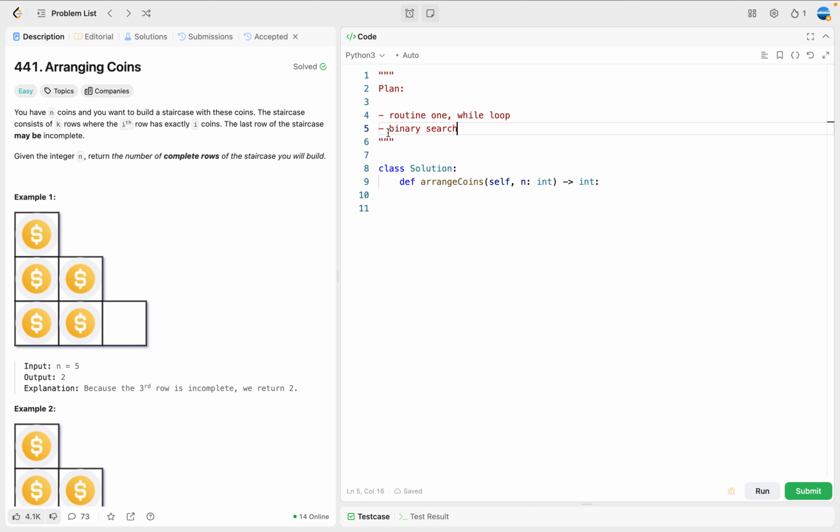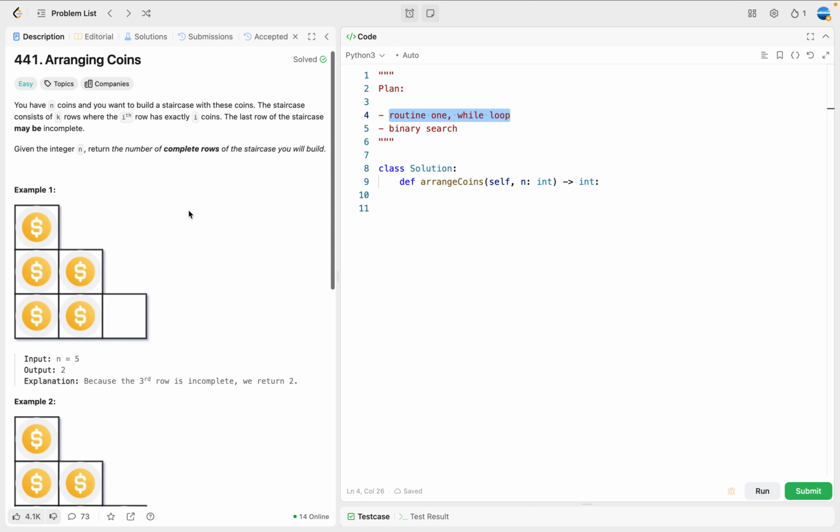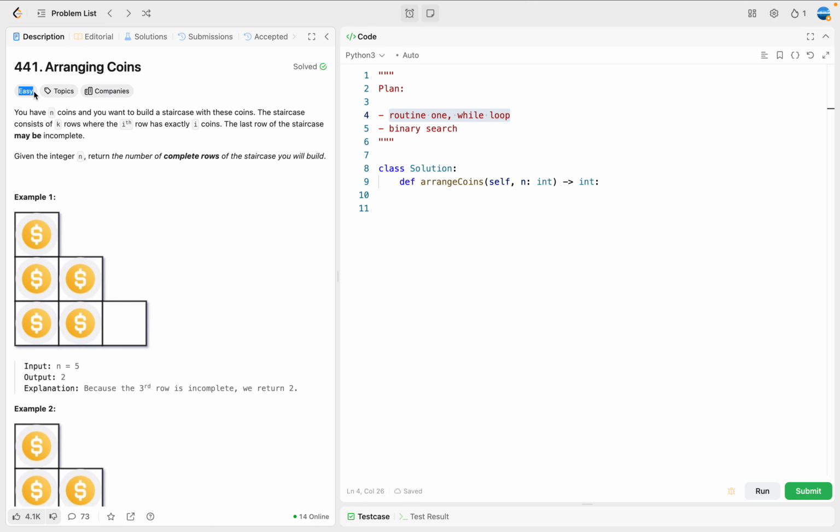For this problem, actually, if you could solve it using a while loop, that would be sufficient, because the problem is marked easy. However, this problem actually suits a binary search pattern. So here, basically, we have a number of coins, and we want to build a staircase with these coins. And the stair consists of k rows, where the ith row has exactly i coins, and the last row of the stair might be incomplete. So we want to return the number of complete rows of the staircase you are going